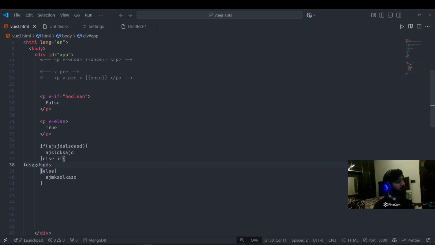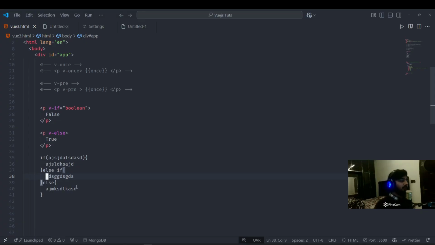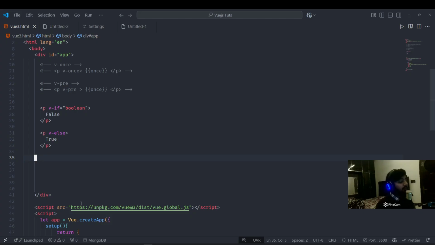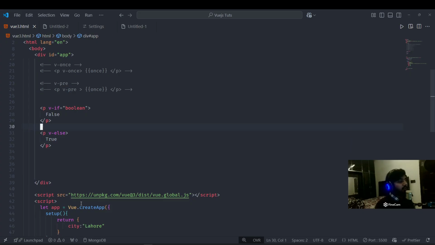Let me put something over here too. So this is the whole system that we used in PHP, in Laravel, in any language you go, you find the same thing here. But in JavaScript, or sorry, Vue.js, what you do is